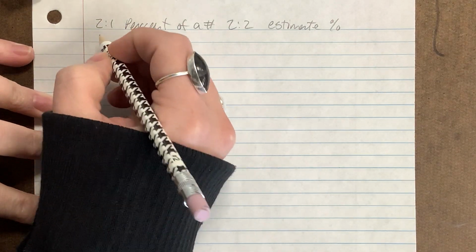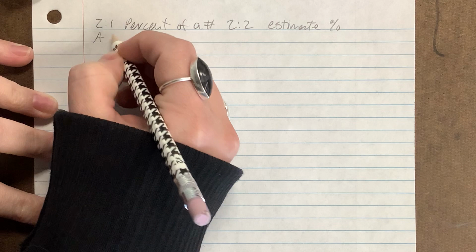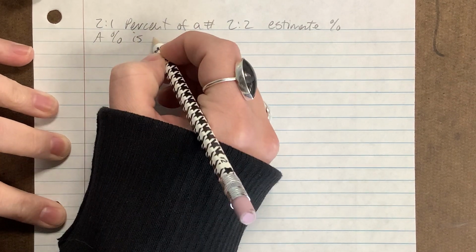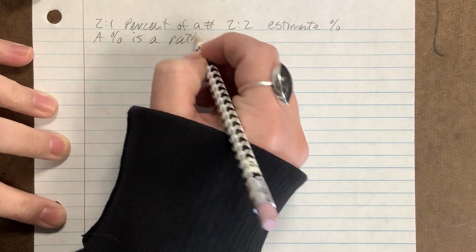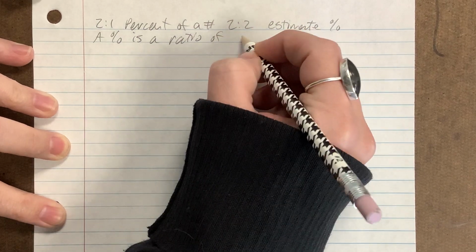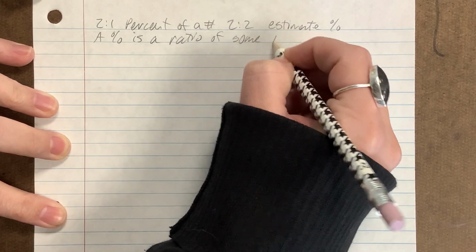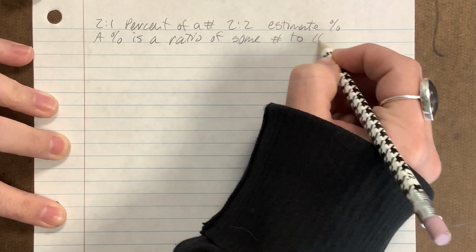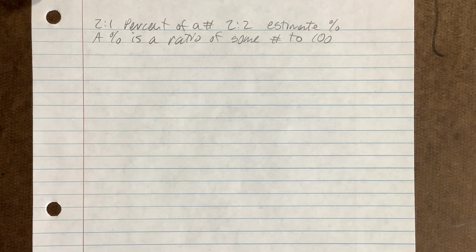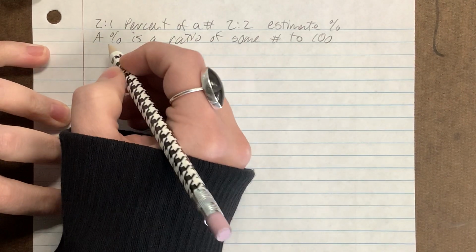So just a reminder that a percent is a ratio, which means a fraction of some number to 100. That makes it really easy to change the percent to a fraction, because you can just put it over 100. So when we're taking a percent of a number, the problems that you're going to have right now will say something to the effect of,